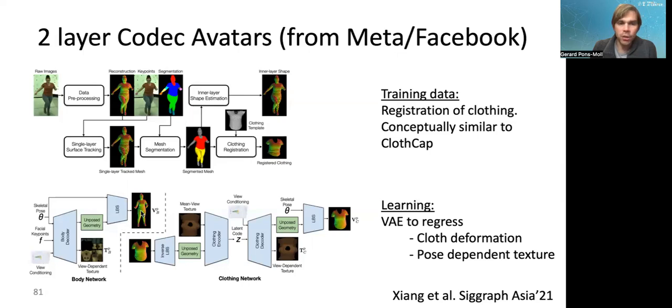predicts the geometry as well as the view-dependent texture from this input. So essentially, they have a VAE that